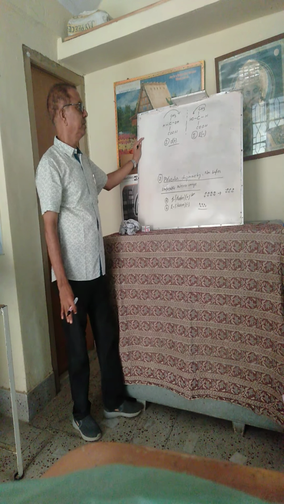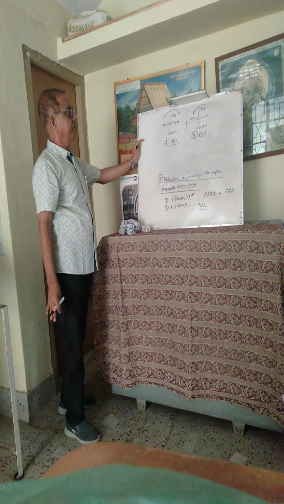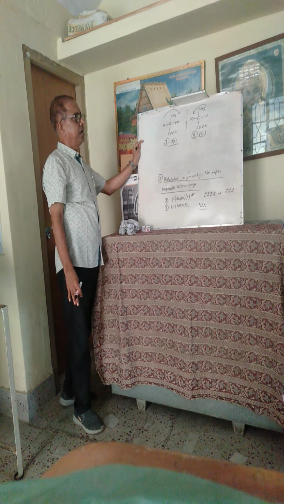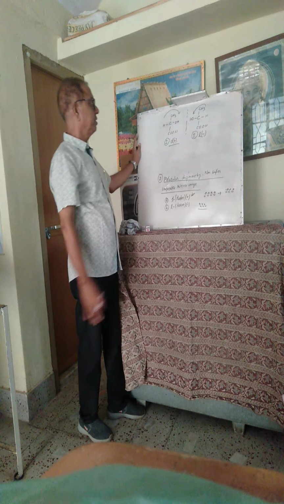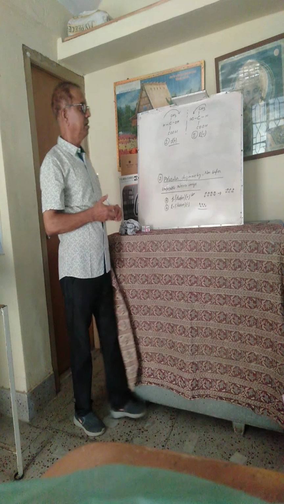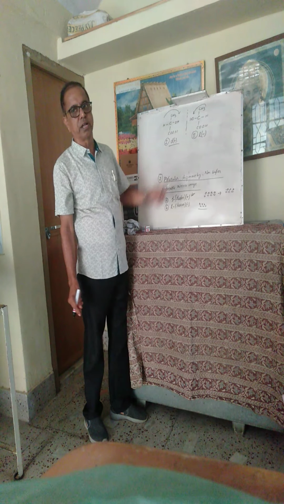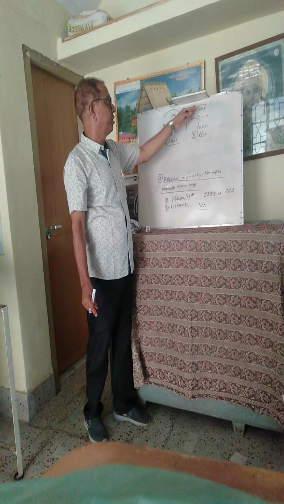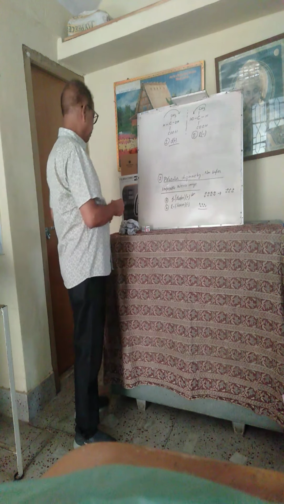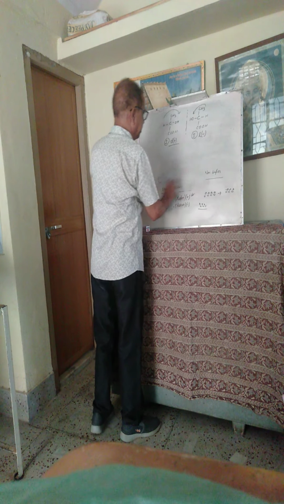Here both of the conditions are fulfilled: the carbon atom is asymmetric, that is a chiral carbon atom, meaning the tetravalency of carbon is satisfied by different groups, and the second condition is that these two structures are non-superimposable mirror images, and hence they are optically active. This rotates the plane of polarized light towards the right hand side, while this rotates it towards the left hand side. Now, a compound which is optically active, that is which can rotate the plane of polarized light,